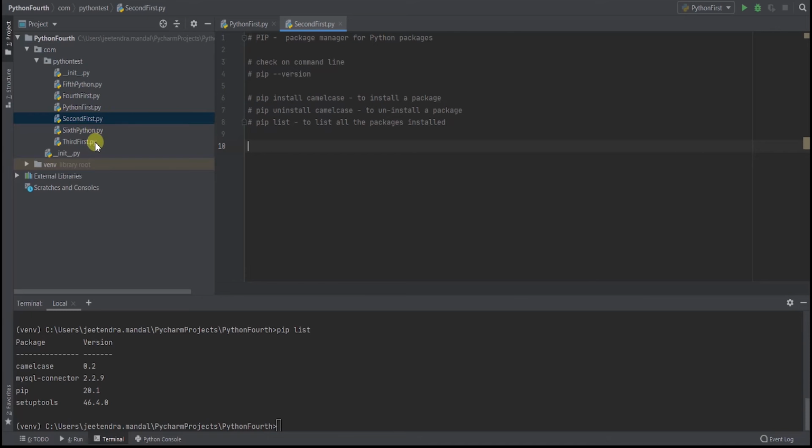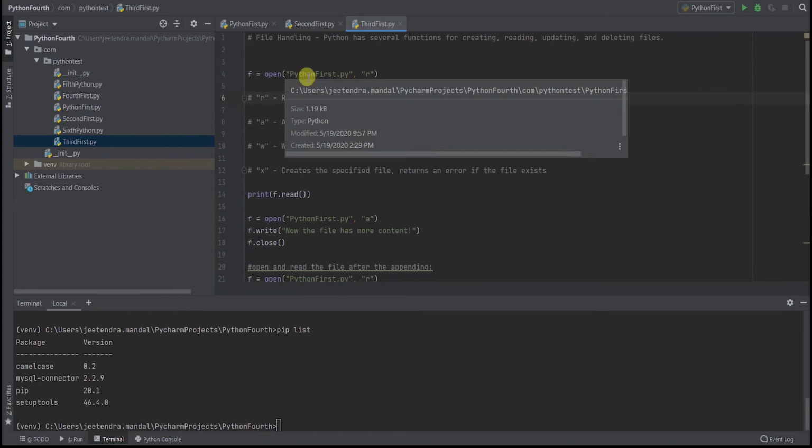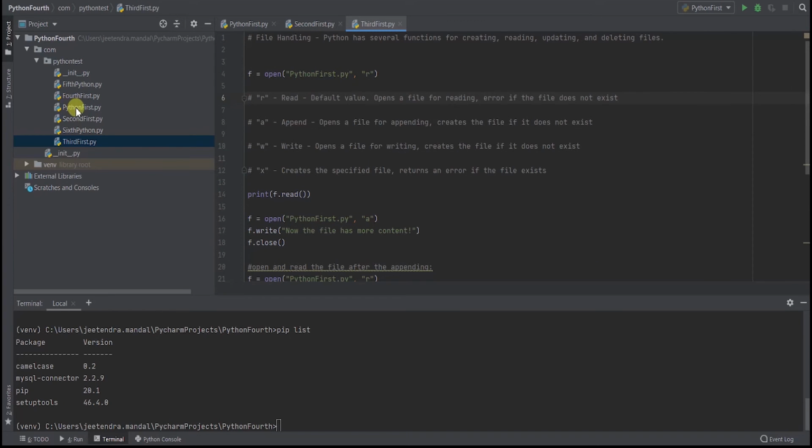Okay, the third thing that we'll look at today is file handling. We have a first.py, and if you want to read it, this is how we can do it. R stands for read, A stands for appending if I want to append something inside the file, W for write, and X for creating a file.